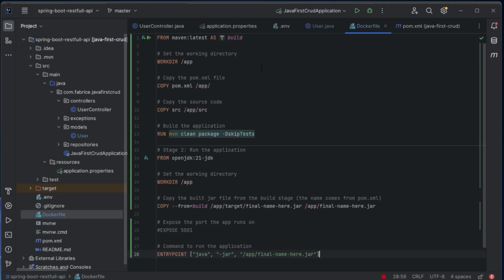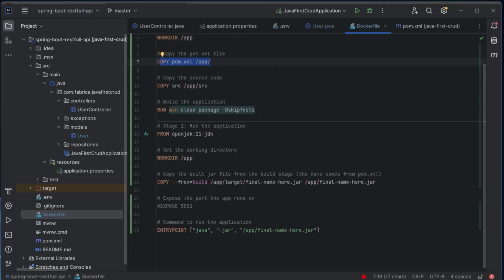Here I have created this project by using Maven, and I am grabbing the Maven latest image, and we are copying the pom.xml file and executing this command. Also we are grabbing OpenJDK version 21, but you have to make sure that this version matches the one within the pom.xml file.